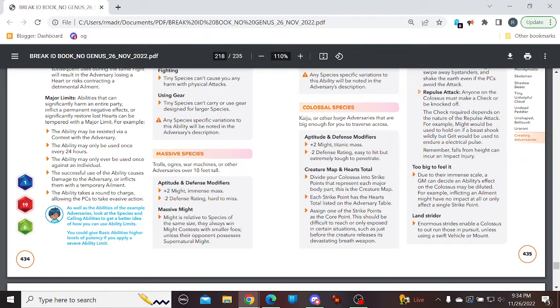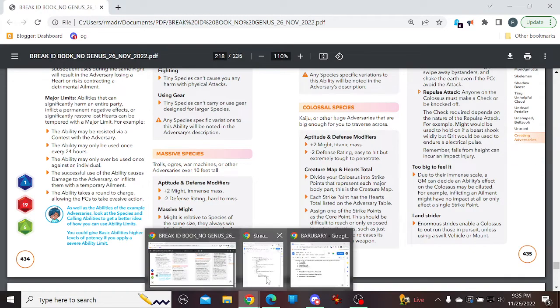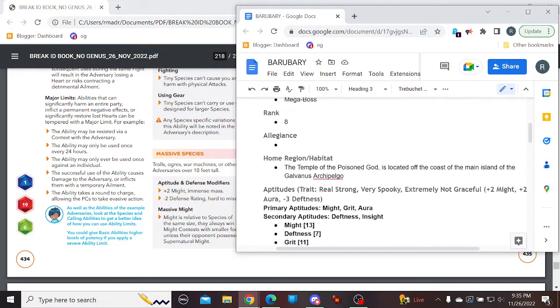Something to note about massive species: their might is relative to species of the same size. They always win might contests against smaller foes unless their opponents possess supernatural might. So that means even though Borrowberry, if we note here, has a might of 13,